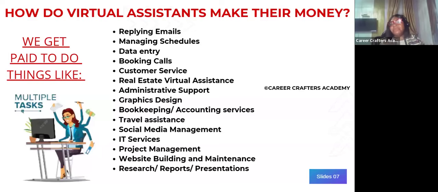If you don't have any professional knowledge, then you can learn those simple in-demand skills that people are looking for: email management, calendar management, travel management. You can learn customer support, simple data entry, and social media management. Everybody is now on social media. Every business, every organization is on social media, and they're looking for people to maintain their presence online. So you see that, like I said earlier, the world is going digital, and it is good that you position yourself so that you can also eat out of the national cake or the international cake.